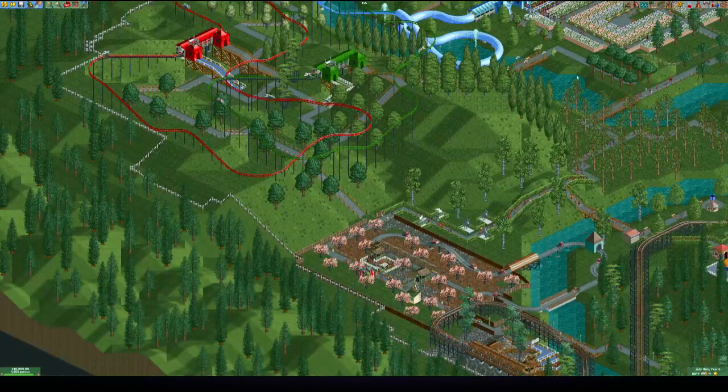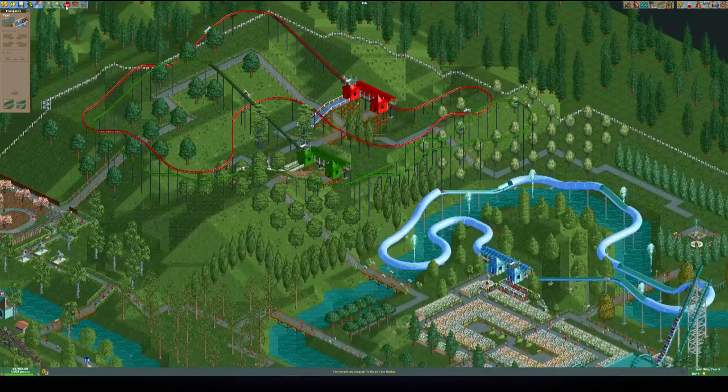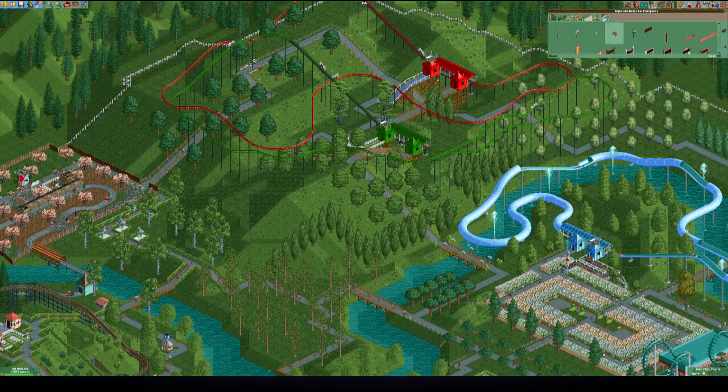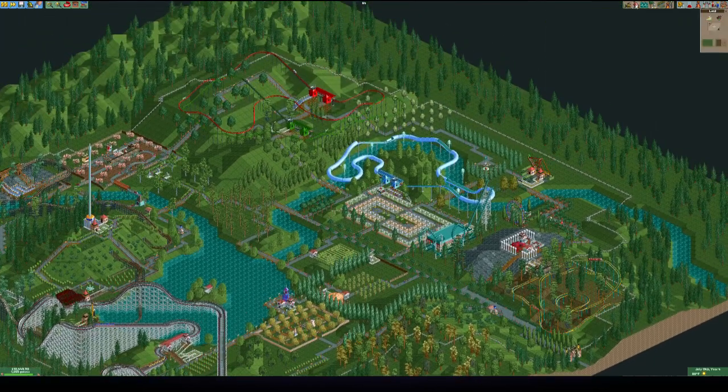Oh, and now I can finally reconnect the pathways. It's that one, that one, and there's one right there. I'll add benches and bins. Gonna need them. I could squeeze in the monorail right here, but I probably will fast forward at this point to the end of the scenario. And considering I have the money,